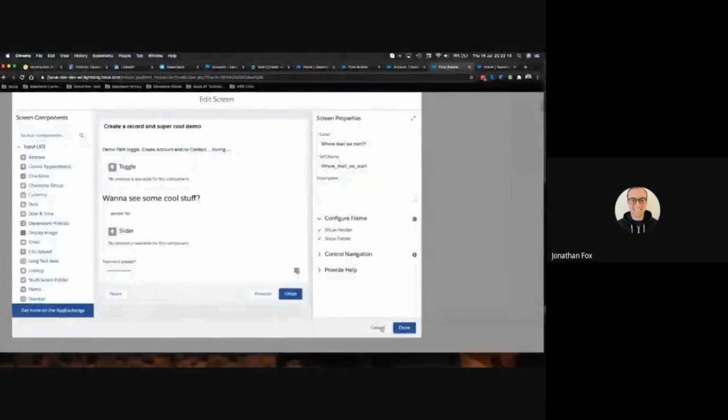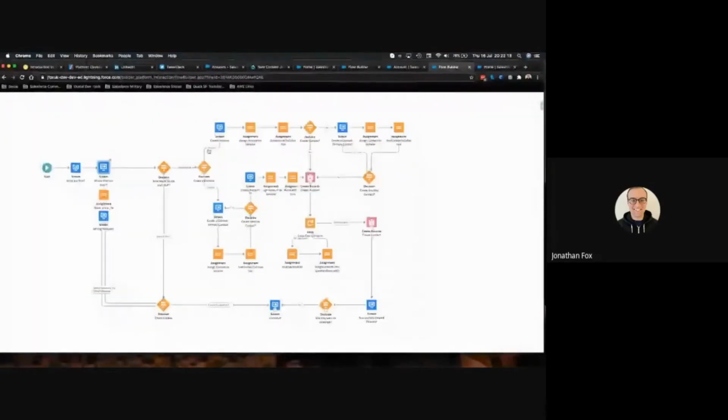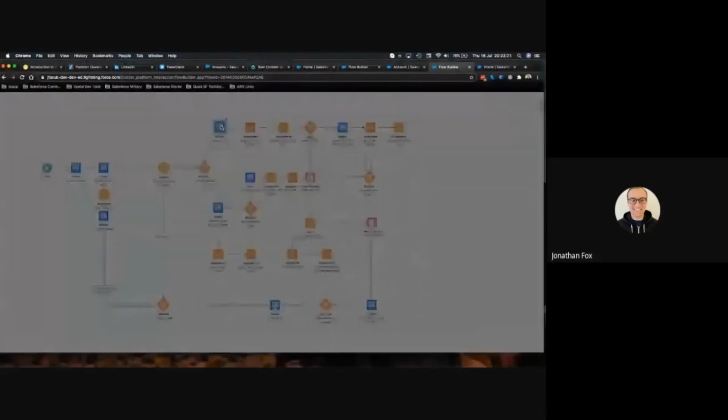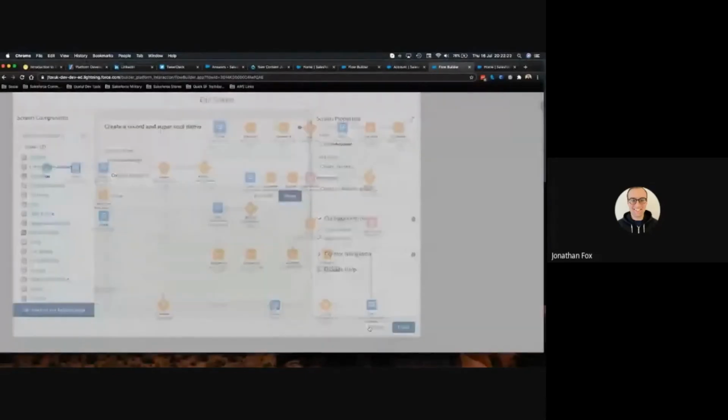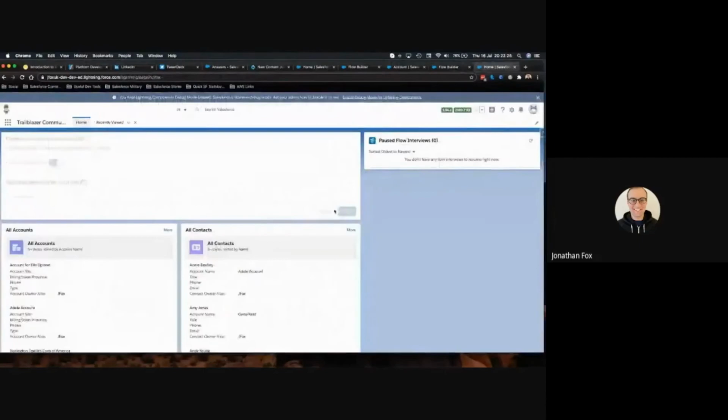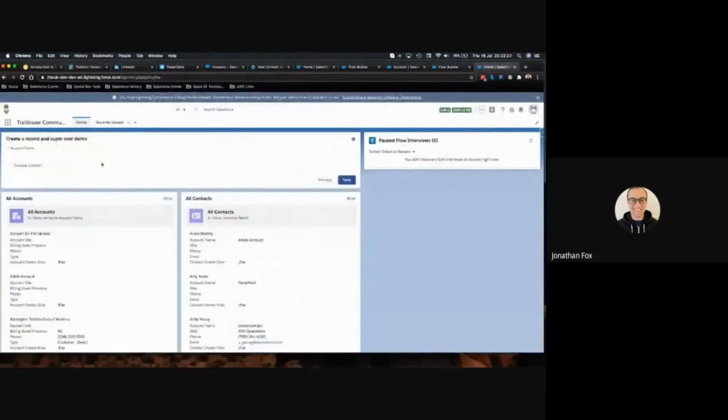That's my decision. Do I create an account or do I create a contact? And it just goes to another screen. Do I want to create an account? Fantastic. Okay, let's have a look at that really quick. Click next. That's my account screen that I've just set. I then